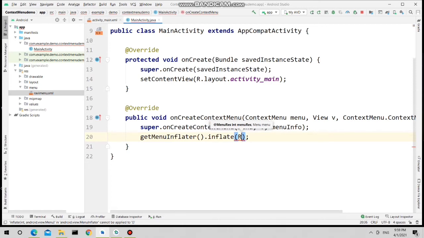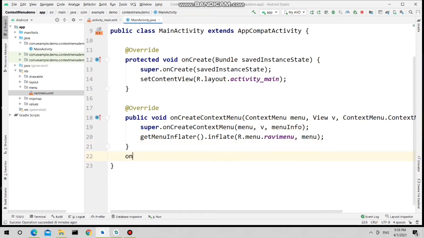How to get that? R.menu and then that file name. The second argument to this method is to which context menu you are going to attach, so this menu. So this line will attach those three menu items, file, save and exit, to your context menu.